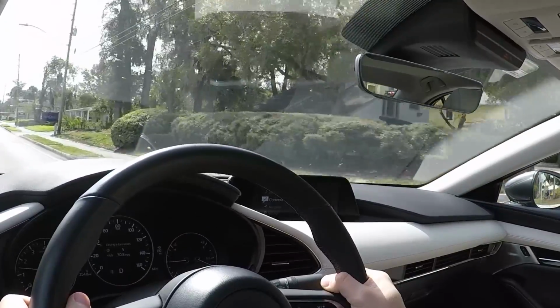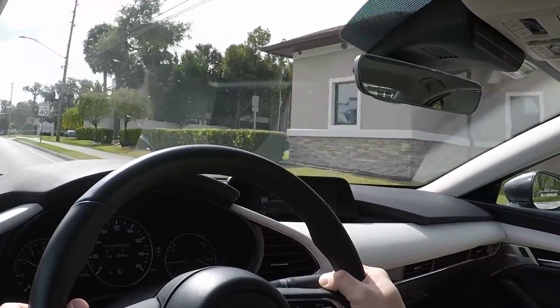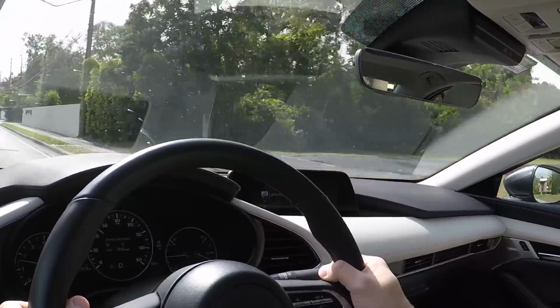There is this amazing new Skyactiv X. You may have heard us talk about it over on the CarBuzz site. It's a sparkless ignition engine, kind of like a diesel. It's supposed to get better fuel economy than a typical gasoline engine, but it is not available in America yet, leaving you with just this. There's no more 2-liter engine option. So this one has 186 horsepower and 186 pound-feet of torque, same amount on both numbers,